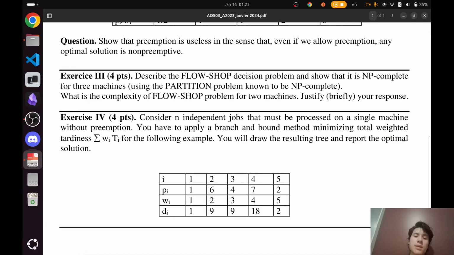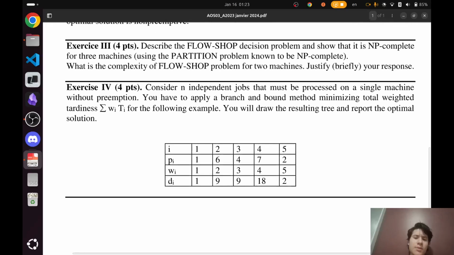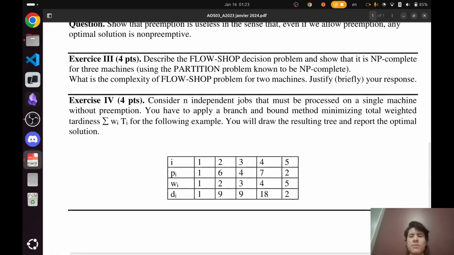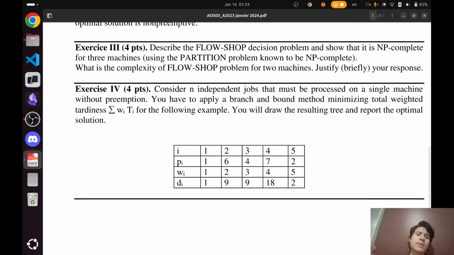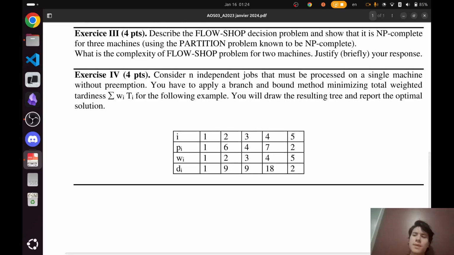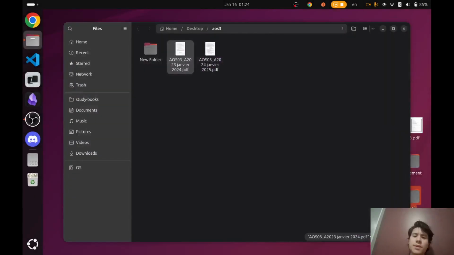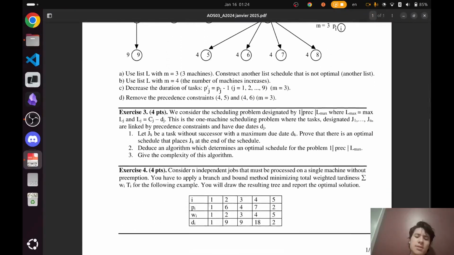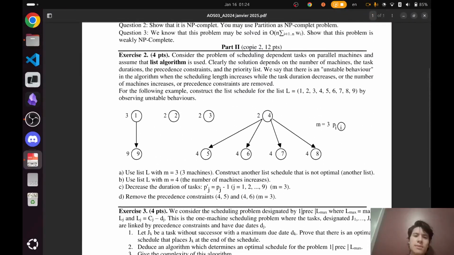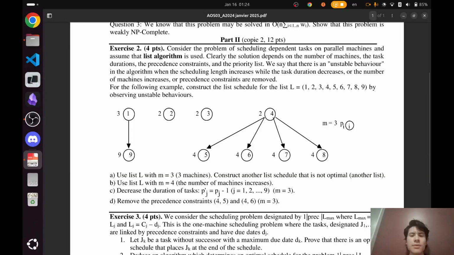We can prove that it's NP complete. Then we also have the branch and bound algorithm, where you have to compute a graph, and the graph nodes are lower bounds. When you finish an instance, you have the upper bound, and you can prune the graph. I also did this exercise, but it's essentially very similar. Maybe this is another algorithm, the list algorithm,